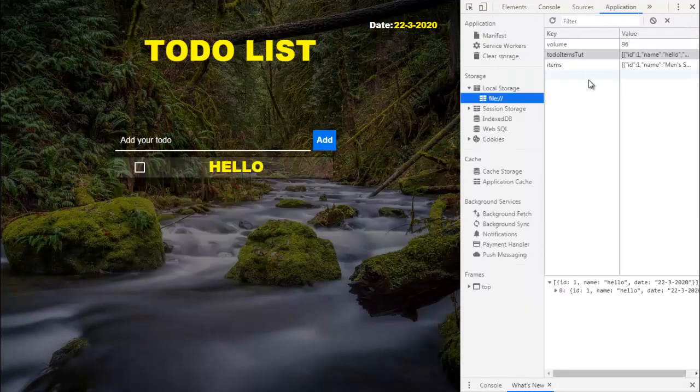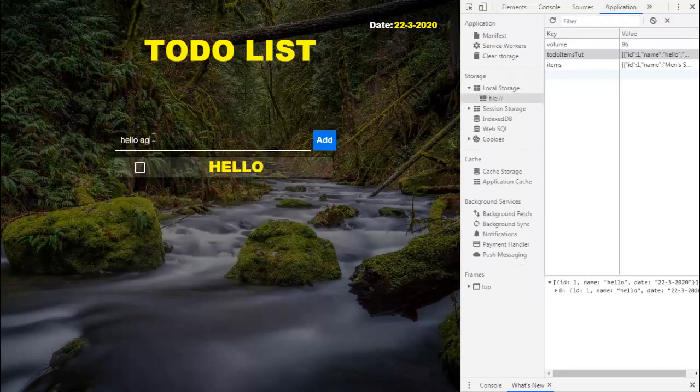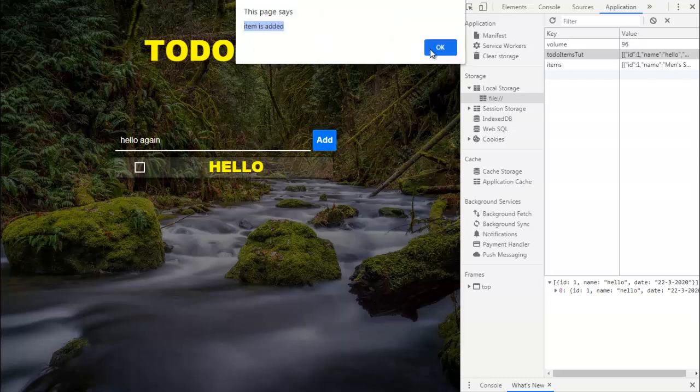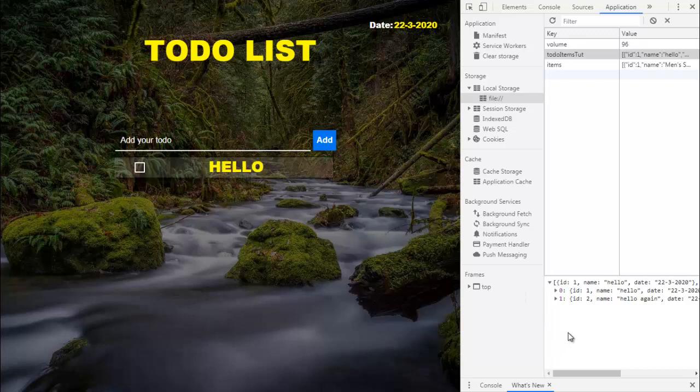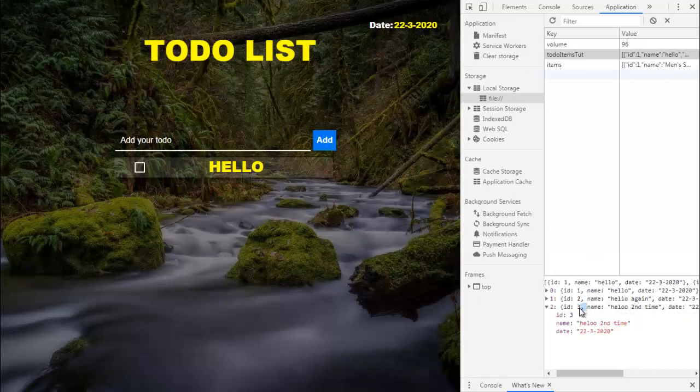So see that in application there is only one item, so there will be hello again. So whenever we click on add, see that item is added, okay, and it will reload and see that the id is 2 here. Now if hello second time, so when I will click on add here, see that now we are getting our id 3 here.